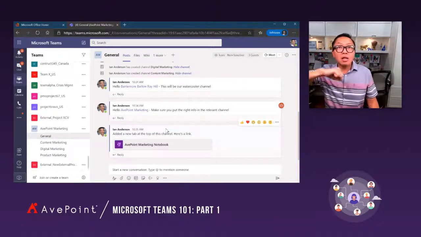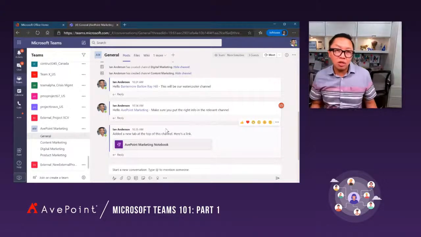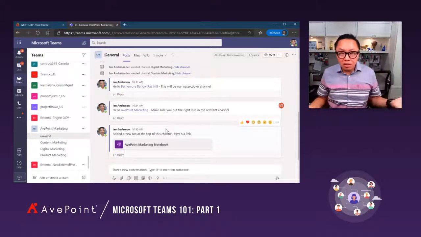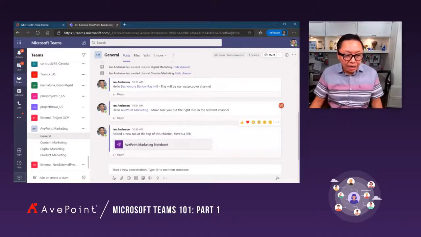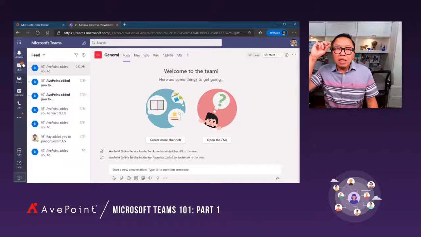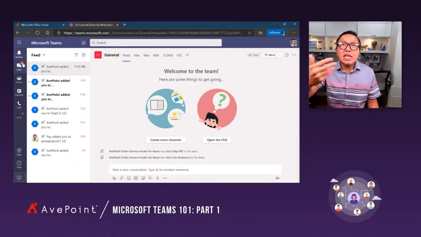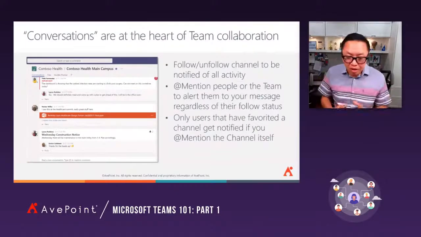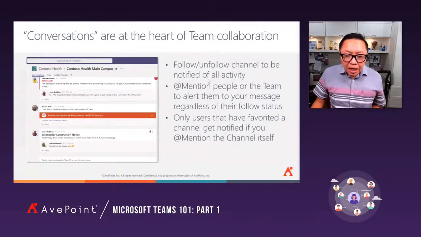By default, they'll get email notifications and they can turn it off. By the way, I turned off all my Teams notifications because I have the app, I see it. And then they'll see in their activity that they've been mentioned. So that way, we can be intentional in making people pay attention to certain things, right?